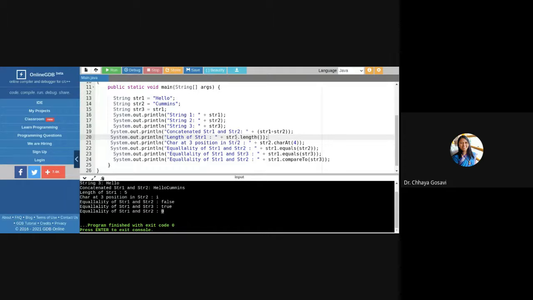If compareTo returns 0, that means these two strings are equal. So to check equality, either you can use the equals function or the compareTo function. There is a function called compareToIgnoreCase. Ignore case means you can compare capital as well as small case. If you don't want to check the case, but only the spelling or characters should match, for example, capital A and D and small a and D should return true, in that case you can use the compareToIgnoreCase command. So try these different commands to check equality of strings.